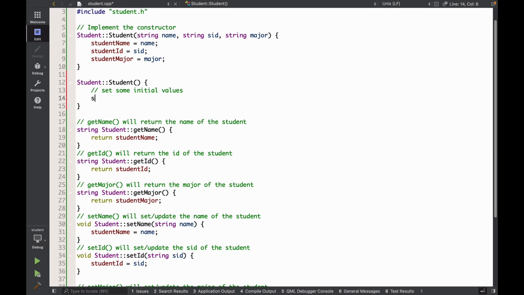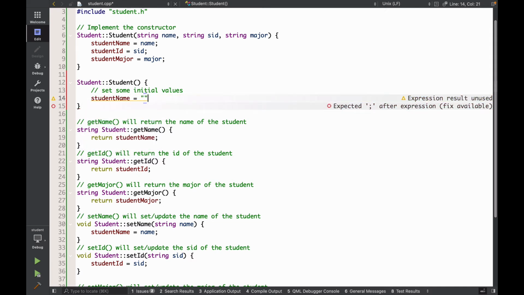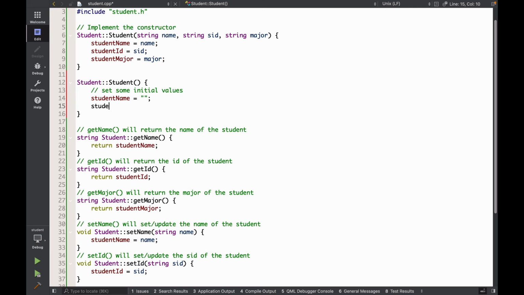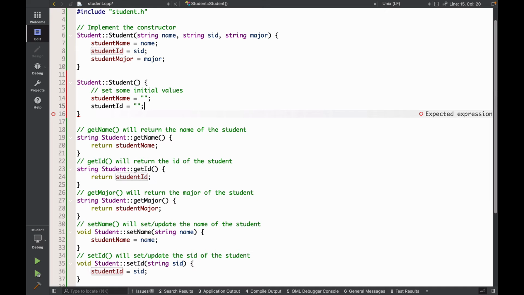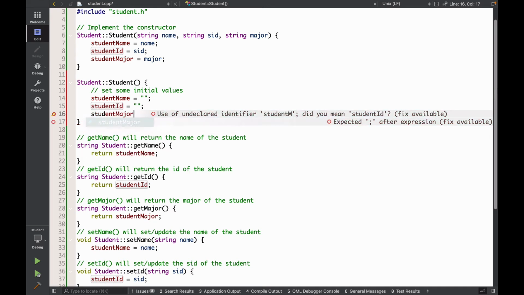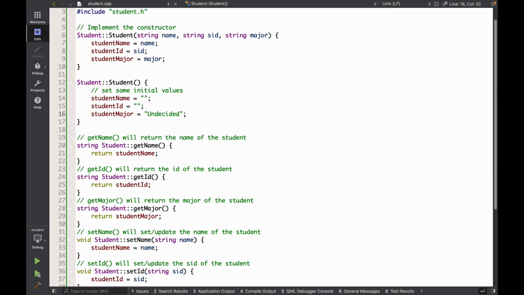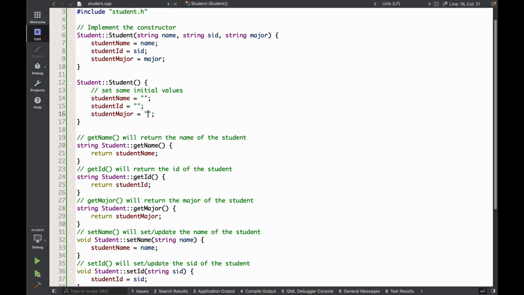all I'm going to do is to say that the student name will be blank. The student ID will be blank. And the student major will be, let's say, undecided. Okay. Or, if you wanted, blank. Okay. So I have created a new constructor where somebody can create a student without having to provide these 3